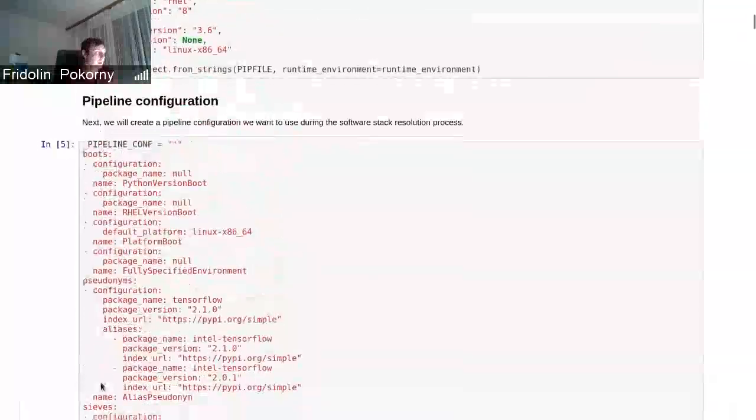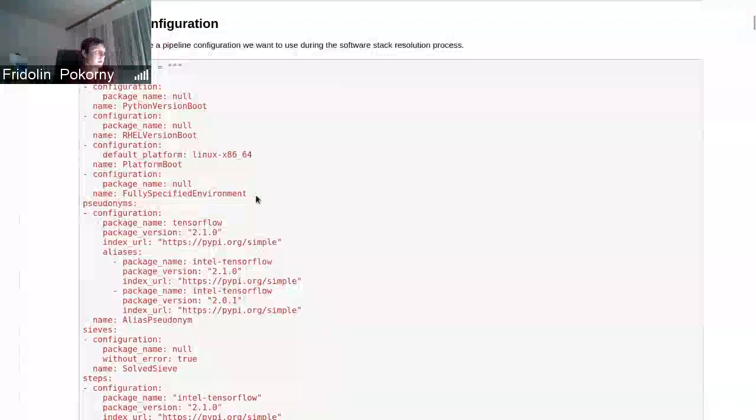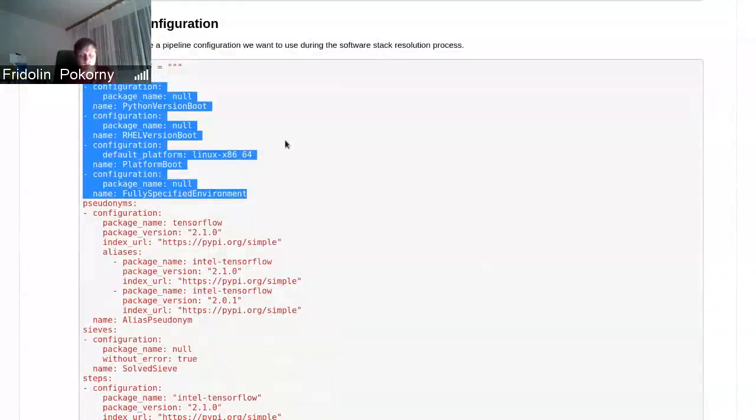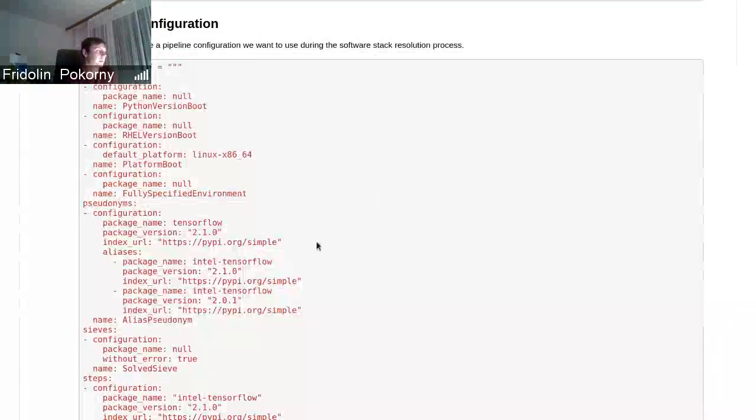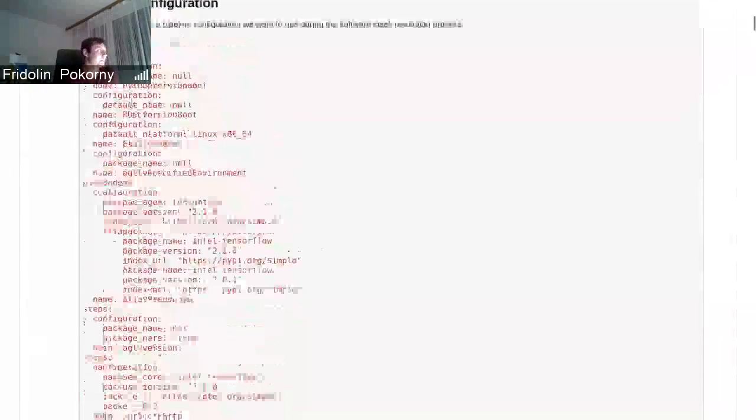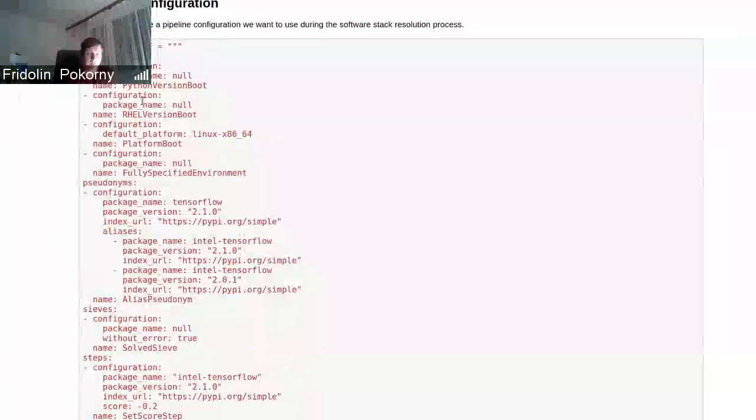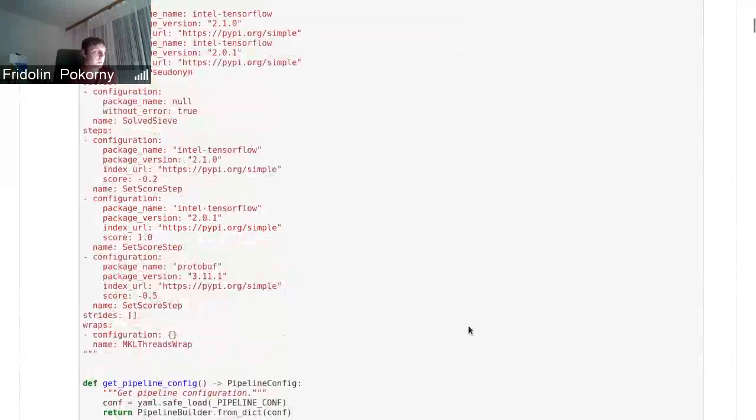You can see that each of these keys corresponds to a list of pipeline units that will be called, and the names were intentionally picked in a way. They were picked because if you sort these names or types of pipeline units alphabetically, you get information how these pipeline units are called relatively. So first, there are called pipeline units of type boot, then pseudonyms, sieves, steps, strides, and finally pipeline units of